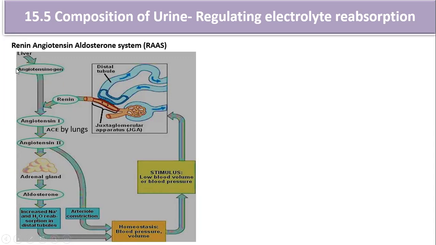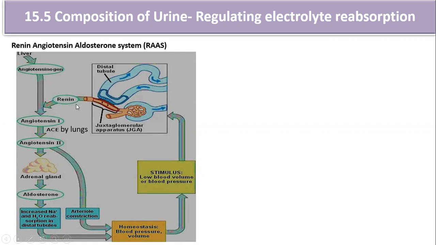So what is angiotensinogen? Angio means blood vessel. Always remember, the word angio is concerned with blood vessels. Angiology is the study of blood vessels. So you can see this is angiotensinogen. That means this chemical is going to apply pressure on your blood vessel. Tensin means it is going to apply pressure. So the liver is going to produce a substance called angiotensinogen. Now that angiotensinogen is acted upon by renin.